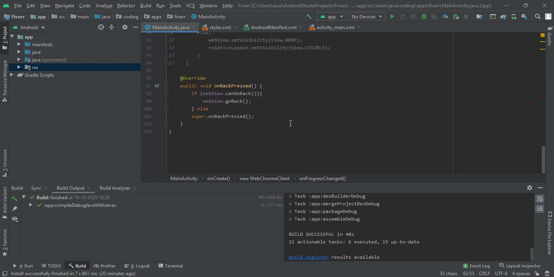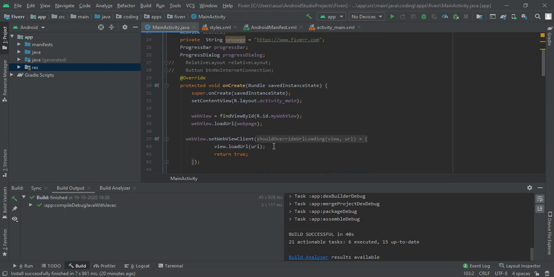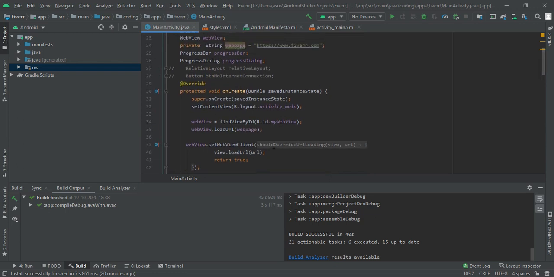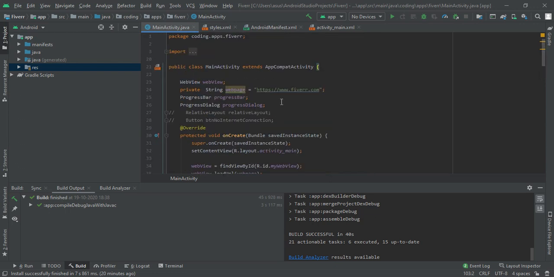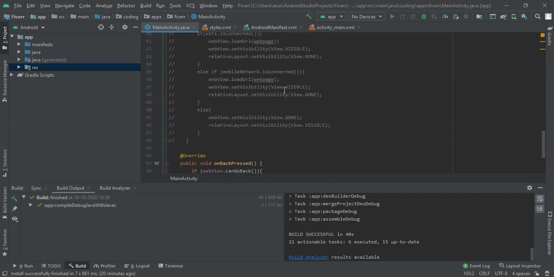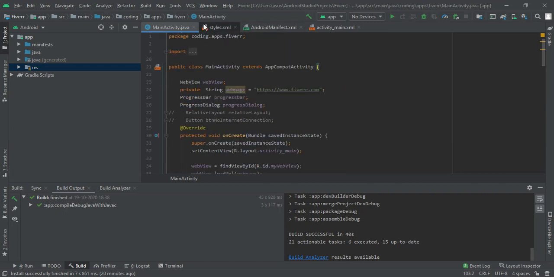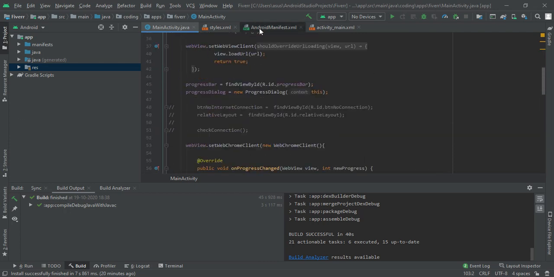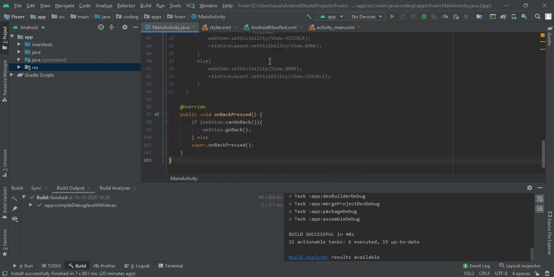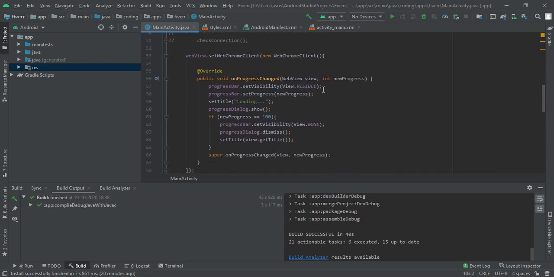We had also implemented the can go back method, meaning when we press the back button, our app is not closing, instead it just moves our web page back. That is what we had done till now. Today we are going to implement the no internet connection, as I had shown you. I will try to do my best in this video.